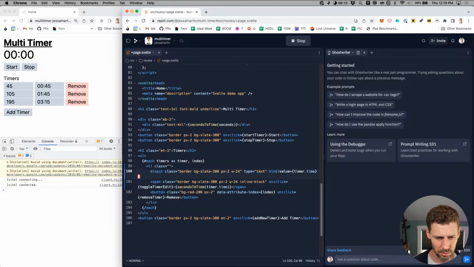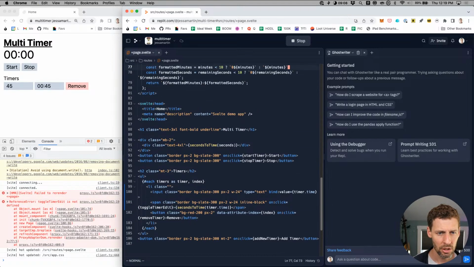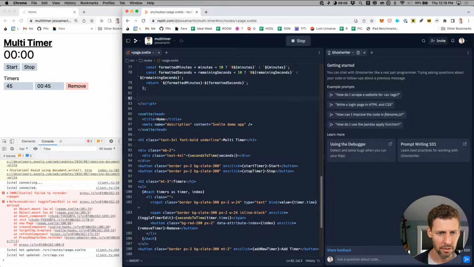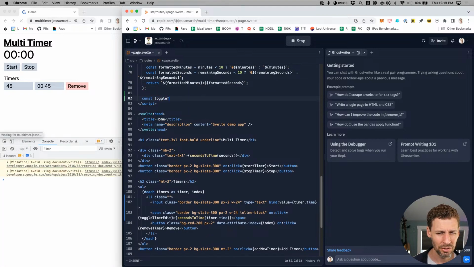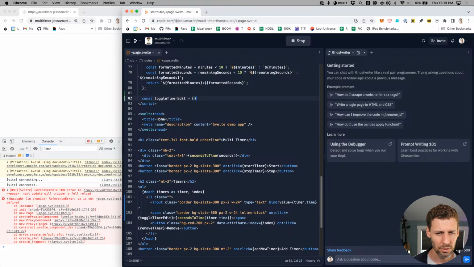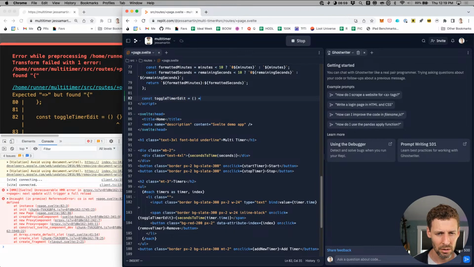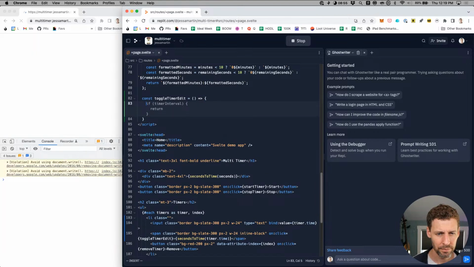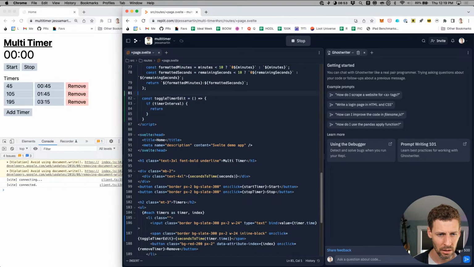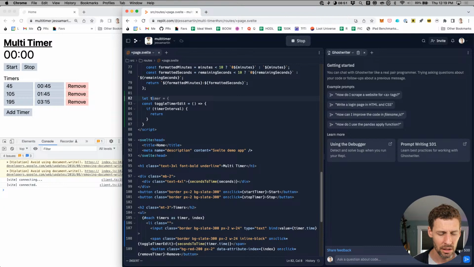On click, toggle timer edit. There is no toggle timer edit. Let's see what happens when we toggle timer edit equals do. Let me give this a let timer. Yeah, this is going to do all of them, and maybe that's okay for now.